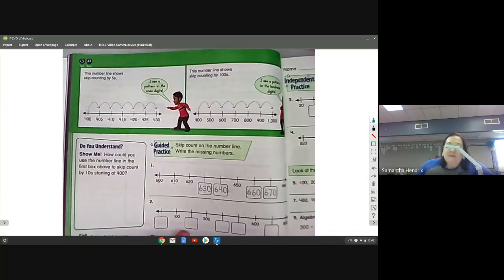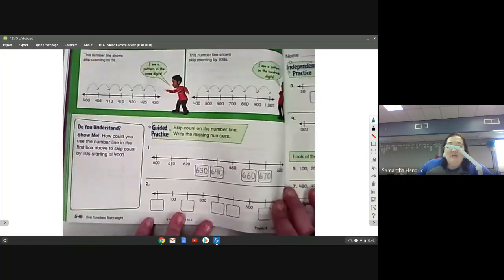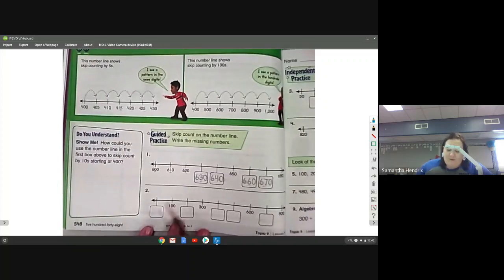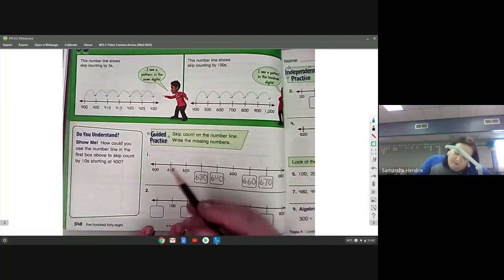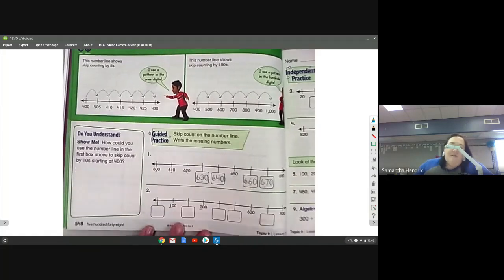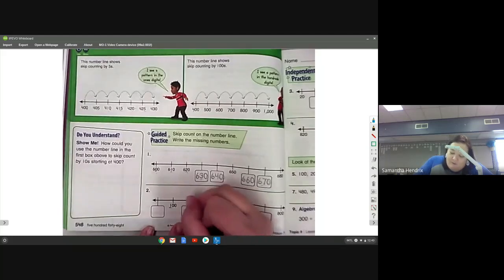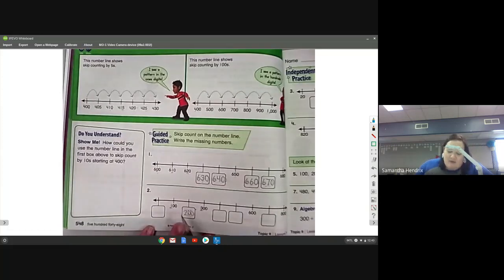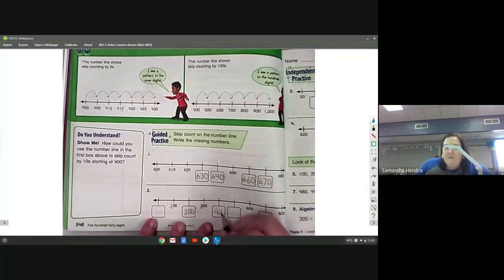Okay, let's look. We start out with a blank. So let's look. We have blank, 100, blank, 300, blank, blank, 600, blank, 800. I know between 100 and 300, this 100 digit, what could go between 1 and 3? 200. So that means our pattern would be our hundreds are going up by 1. So 100, 200, 300, 400,